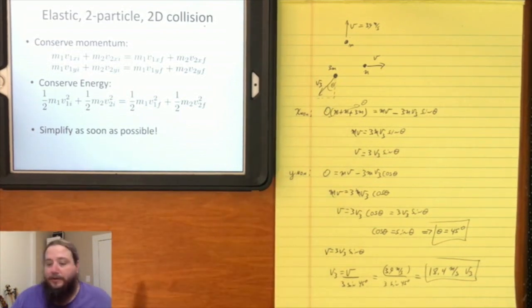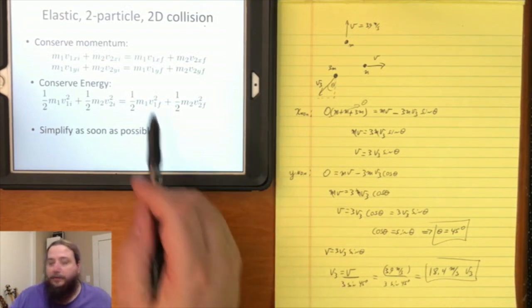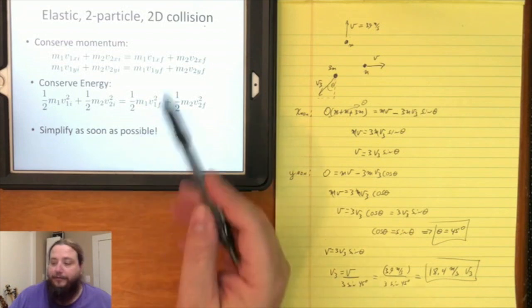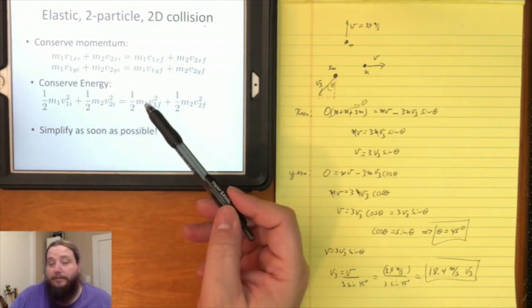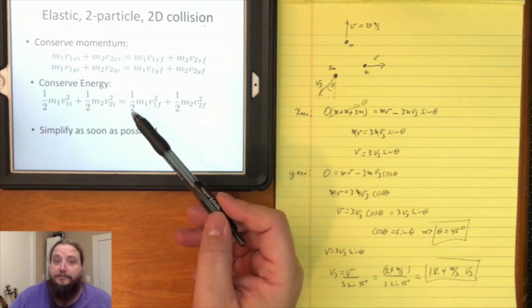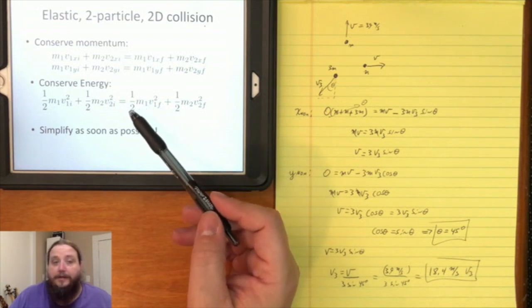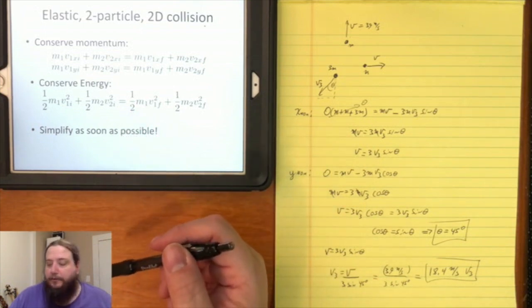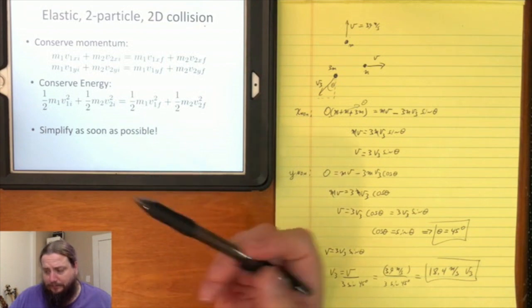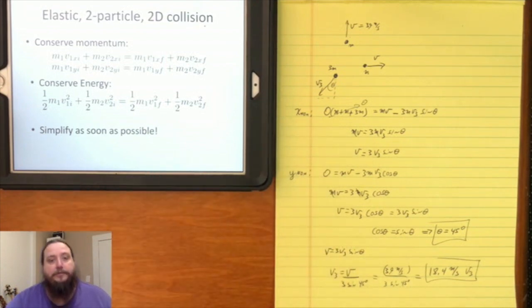We're not going to do an example of this here today, but should you run into one of these in the wild, this is sort of my rule of thumb. You conserve momentum, you conserve energy. You could, in principle, write down the generic solution for a two-particle 2D collision, but it's super, super ugly. I don't really think it behooves us to go through that too much. So there you go, two-dimensional collisions in their inelastic and elastic forms. All right,